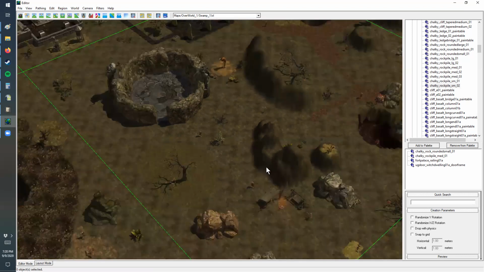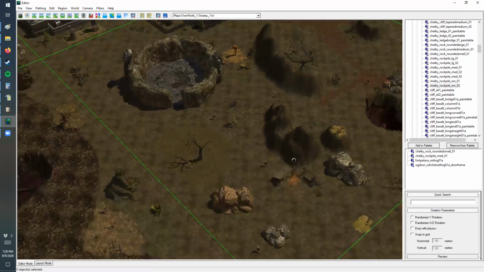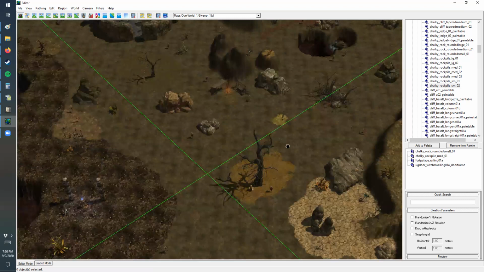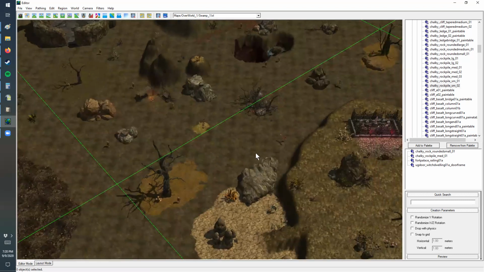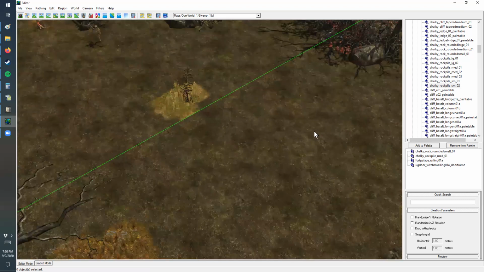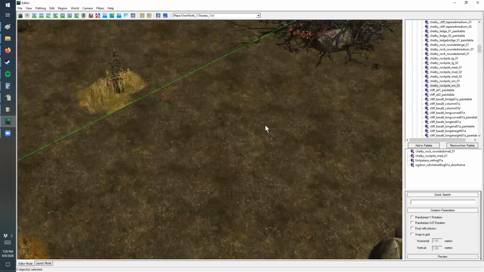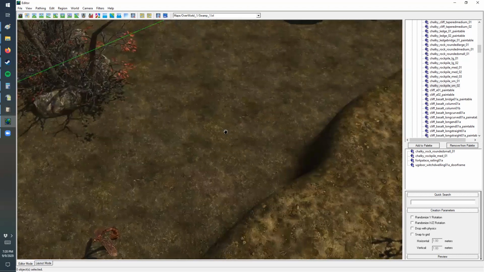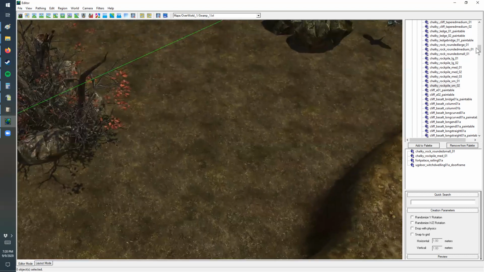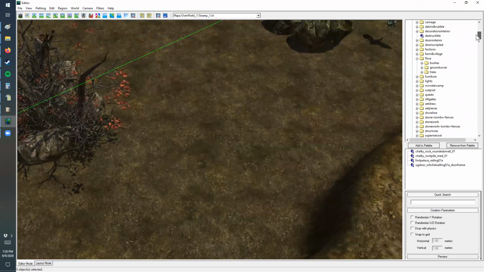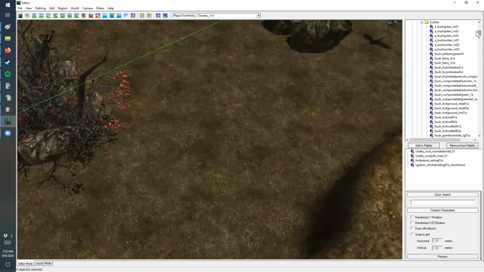And then we're just going to randomly go around. I like to take spots where it seems like there's not a whole lot going on. If you zoom in here, you see there's really not a whole lot in some of these areas, then you can just go in and add stuff. So on here, we're going to go over to flora and to bushes, and then randomly add in a couple things that might